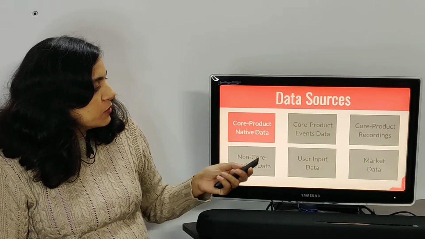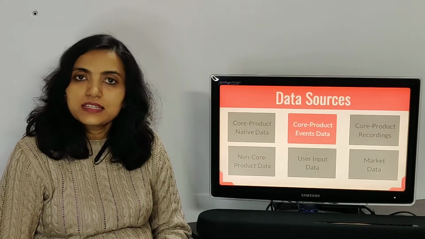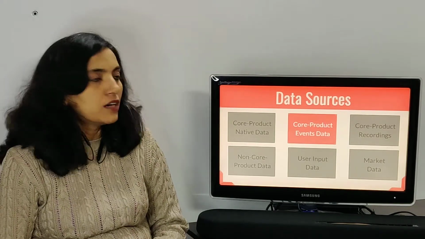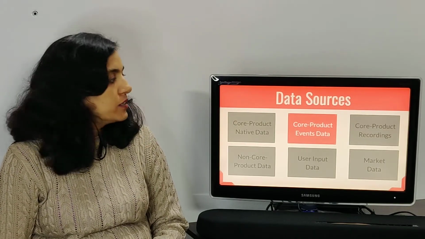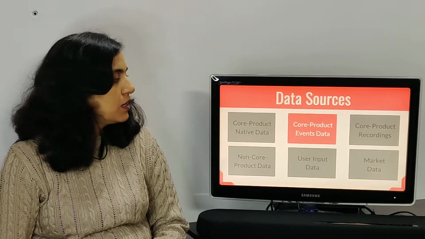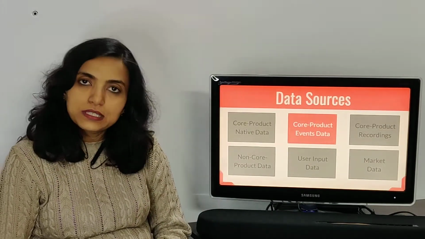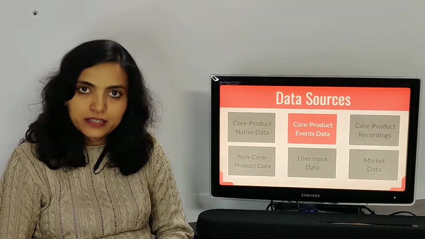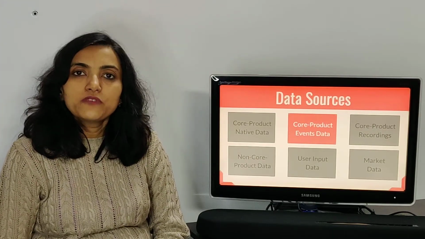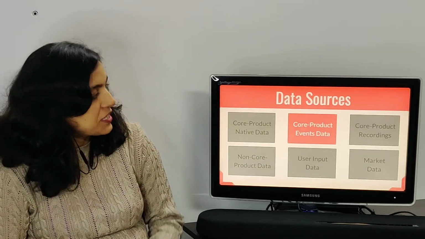Then core product can give you other kinds of data as well. One of the very important ones is events data. Events data is not native to the product. It is consciously designed and generated for the purpose of product analytics. And the use of this kind of data is also inherently tied to the event analytics tool we use. Tools like Mixpanel and Amplitude are used. So if you have not used any of these tools in the past, then this kind of data may not be familiar to you. But don't worry, this is very important for product management and product analytics. So we will devote an entire episode to discussing events data and how it is to be analyzed.